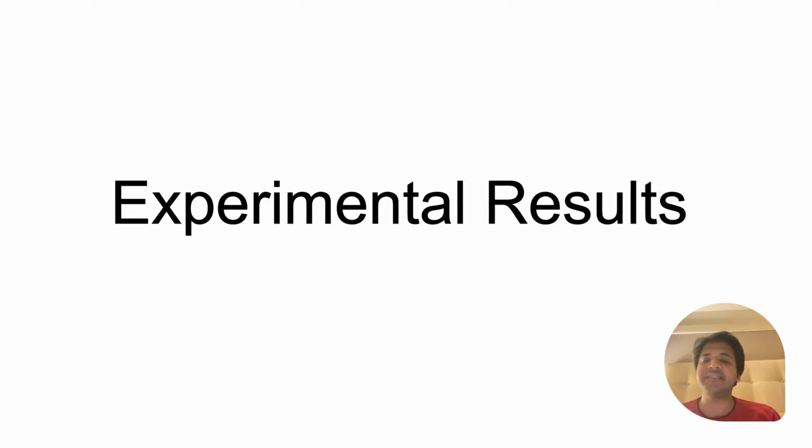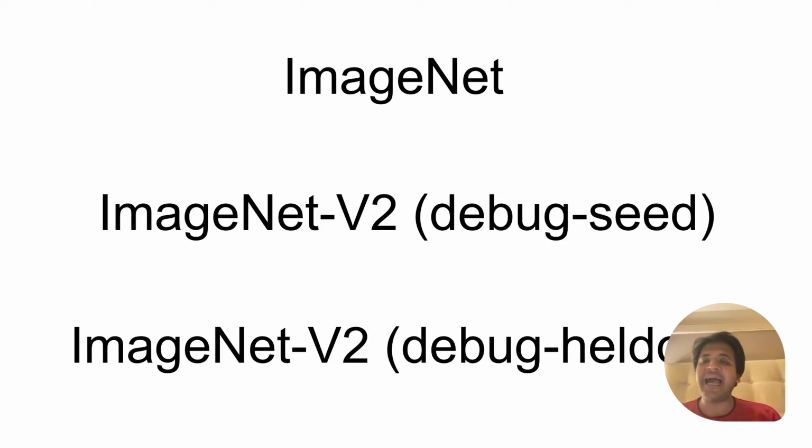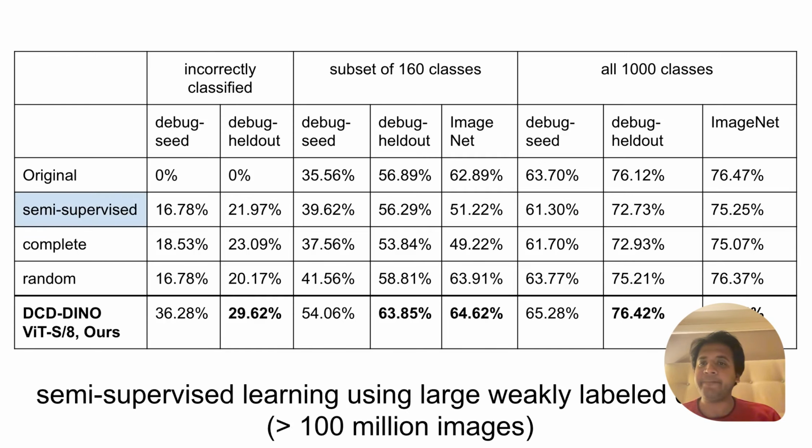Next, we discuss the experimental results. We compare the performance across three datasets, namely ImageNet, ImageNet v2 debug seed subset, and ImageNet v2 debug held out subset. Here are the results. We experiment with different training methods, namely using unsupervised learning on some large weakly labeled dataset with more than 100 million images,